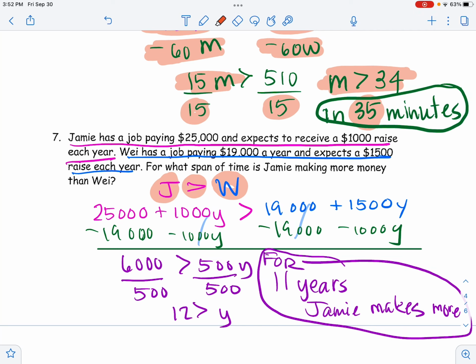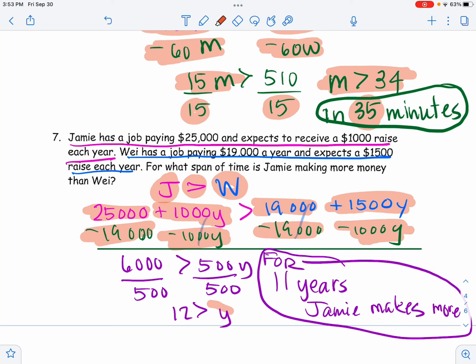So we write our equation for Jamie, which is $25,000 plus $1,000 a year raise, whereas Willow has 19,000 and she expects to get a $1,500 raise a year. So we go ahead and use our inverse operations, subtracting the 19,000, subtracting the 1,000, and